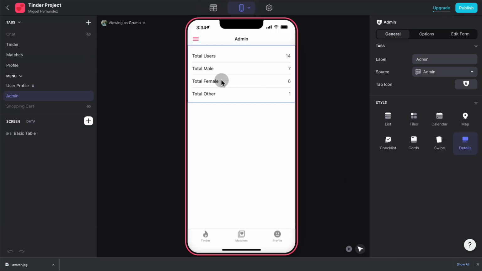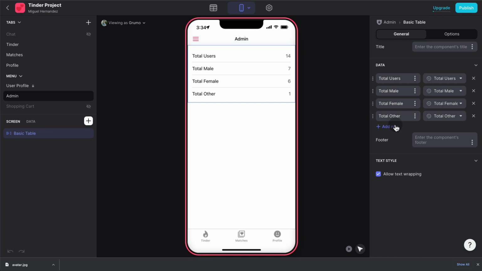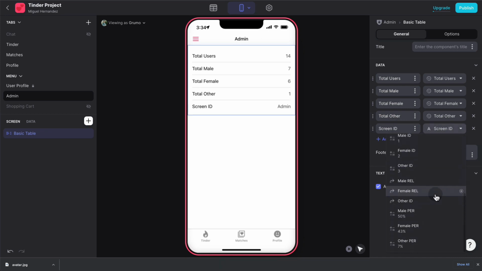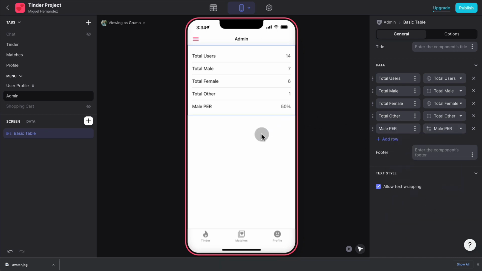Now we can add that data to the existing table and say percentage of male and female and all of that. But if we want to create a chart, it's not going to work because charts need the data in a series of rows, and right now we have all the data in a linear row. So one trick we can use is, let me undo this, go to our